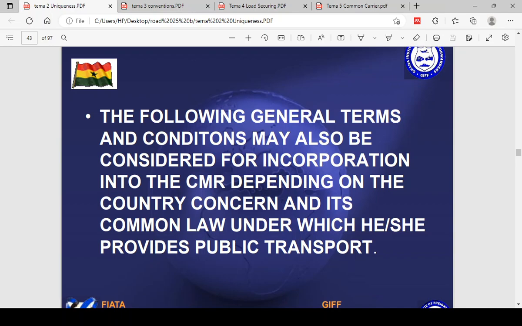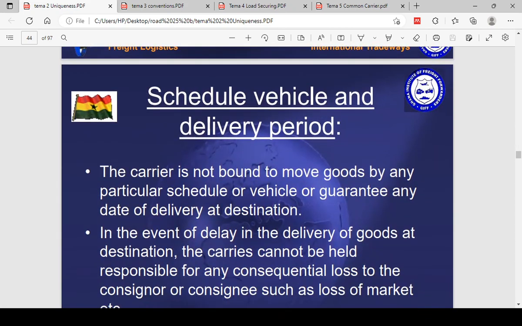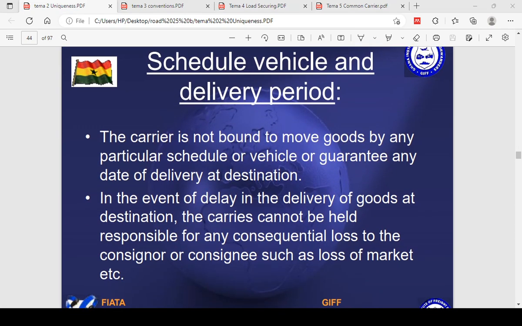The carrier is not bound to move goods by any particular schedule or vehicle or guarantee any date of delivery at destination. In the event of delay in the delivery of goods at destination, the carrier cannot be held responsible for any consequential loss to the consignor or consignee, such as loss of market, etc. The event of lost or